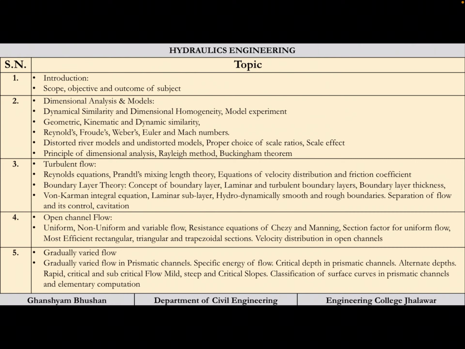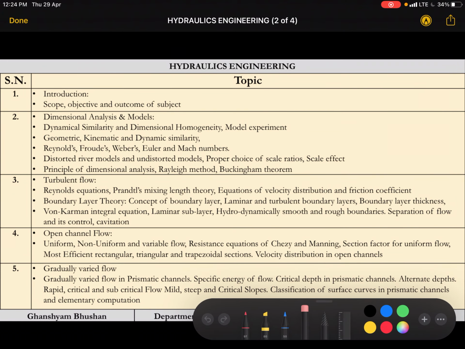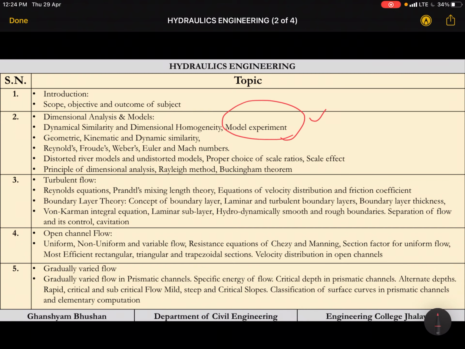So the first unit is dimensional analysis. In the first chapter we are going to study dynamic similarity, or basically the relationship between model and prototype. For civil engineering, the structures are very huge, so it is not feasible or is uneconomical to first build the structure and test it. So we will first prepare a small scale model, test it, and after testing we are going to build the original prototype. So in this chapter we will be dealing with model and prototype.